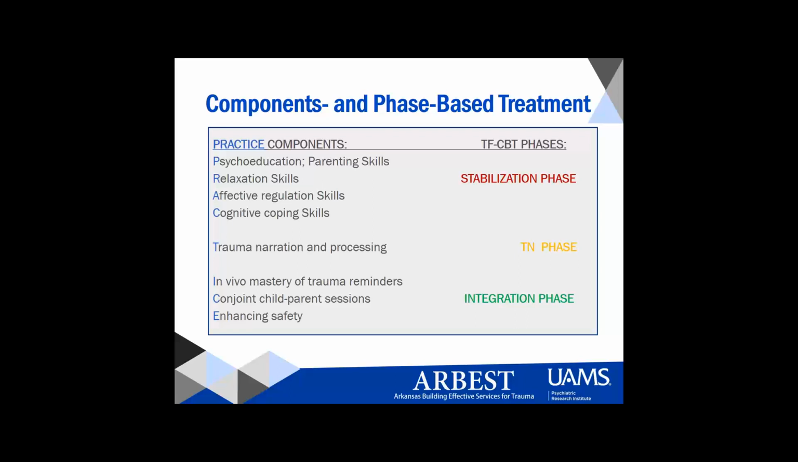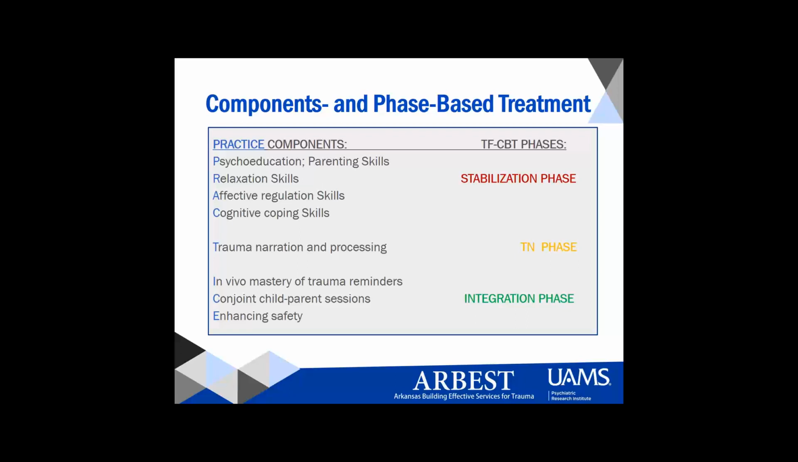And oftentimes within the stabilization phase, there's a large focus on safety, because we really can't make much progress in trauma work if there isn't safety, both physical and emotional. And so the stabilization phase is incredibly important. Working through the stabilization phase, we transition to the trauma narration phase and processing, which is where the child tells their story with an appropriate amount of details, thoughts, and feelings, and you're identifying those inaccurate, unhelpful, trauma-related thoughts, and you're helping the child go through a process of guided reconsideration to help them have more helpful and accurate